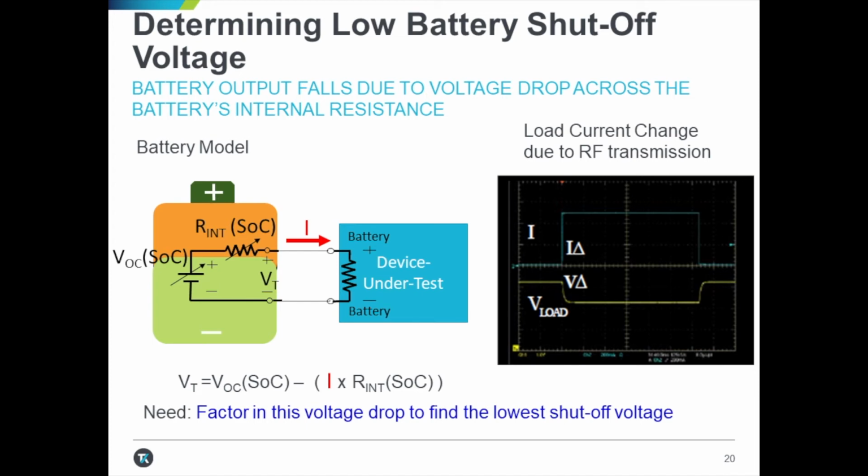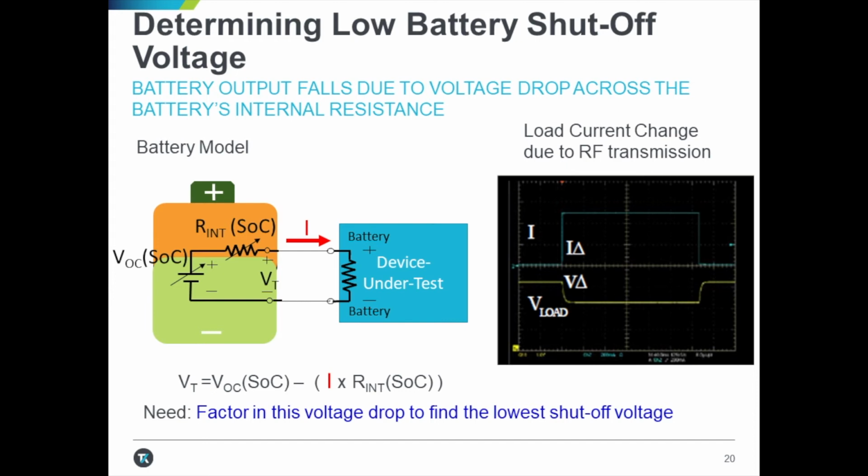and the battery voltage will drop by a voltage that's equal to the change in current times the internal resistance, as highlighted in the chart on the right side of the above chart. Both open circuit voltage and internal resistance are changing over time. And with this, you will want to determine how low the battery terminal voltage can go and how large the added voltage drop is due to current change and internal resistance,